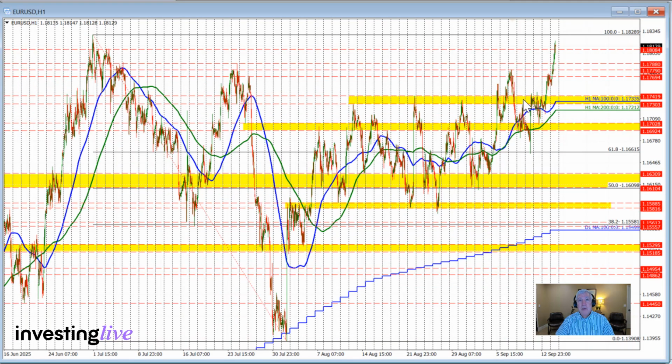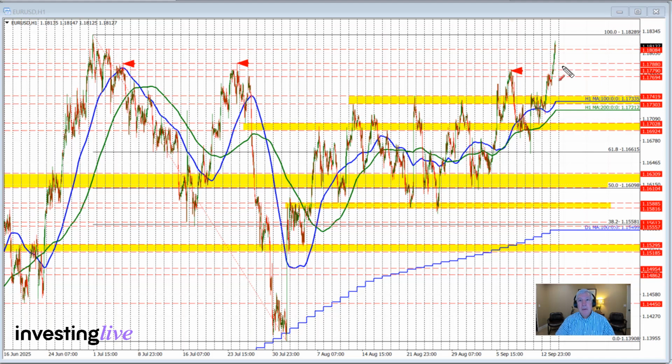Going back to the hourly chart, the closest risk level might be right here near the 1.1808 level. More conservative risk levels might be in this area right through here, with the high prices here and here at 1.1788 down to 1.1779, which was a high price that we saw in trading last week for this currency pair. So these are the risk levels for the euro versus U.S. dollar for traders looking for more upside potential in